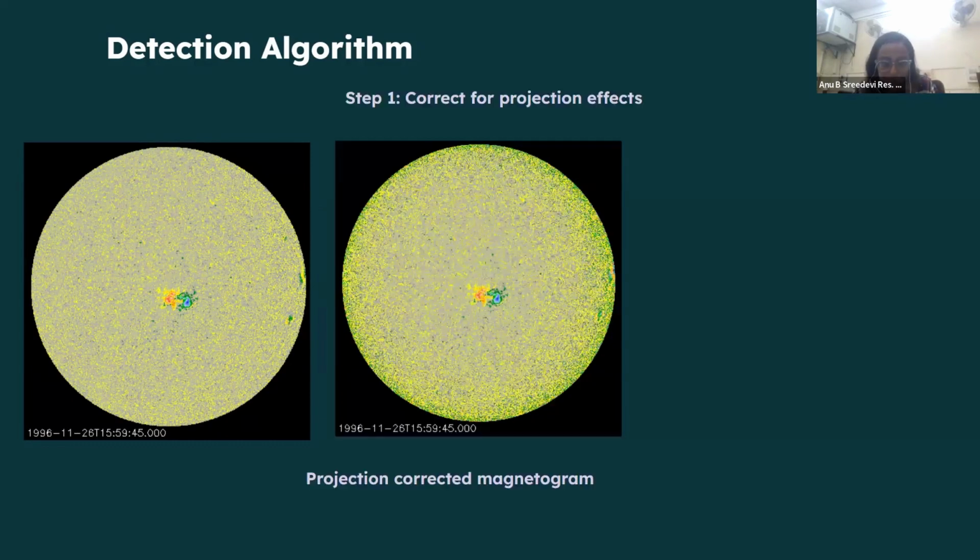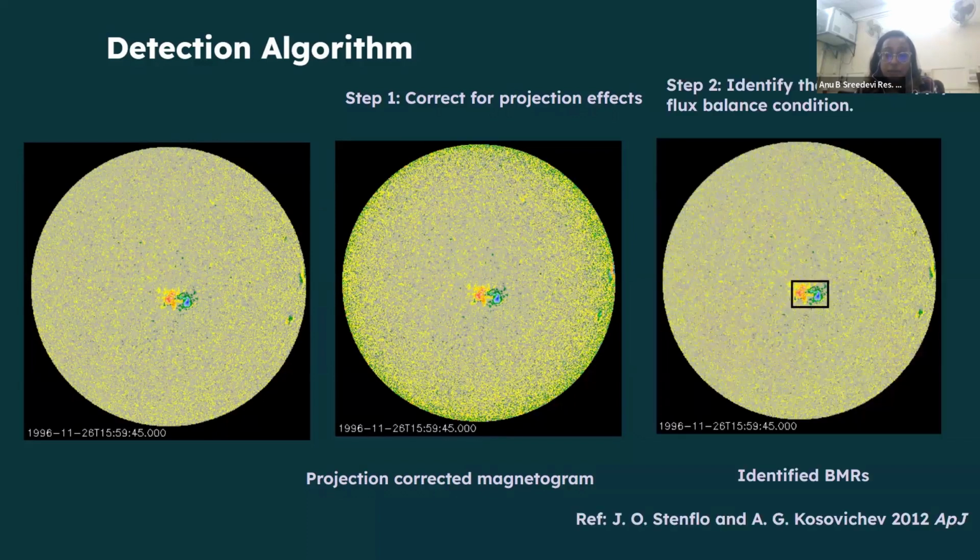In the first step, we take a line of sight magnetogram. We correct for the projection effects to obtain the radial component from the line of sight component of the magnetic field. Then we look for our regions of interest, the strong magnetic field regions on the solar disk, and we check if